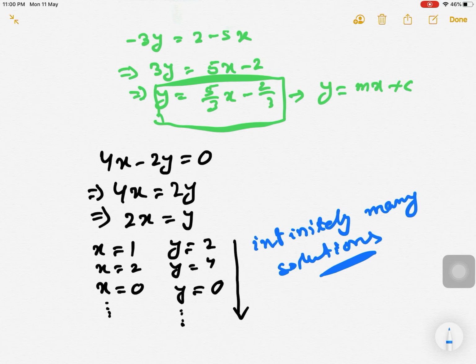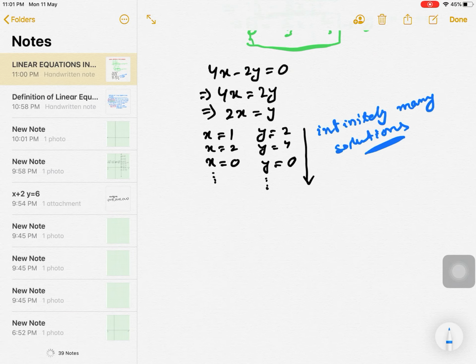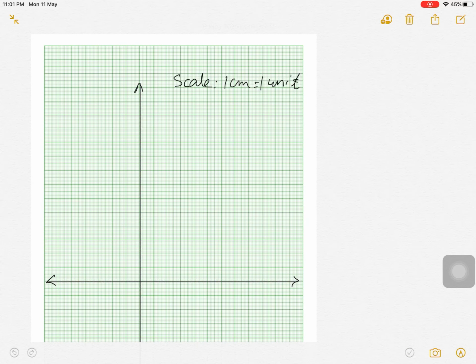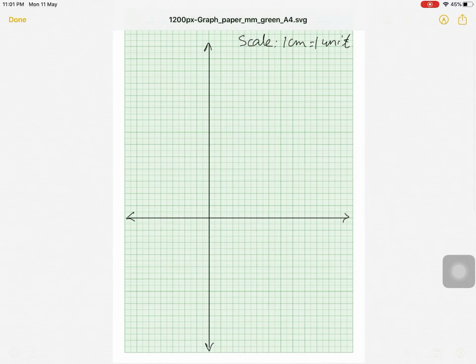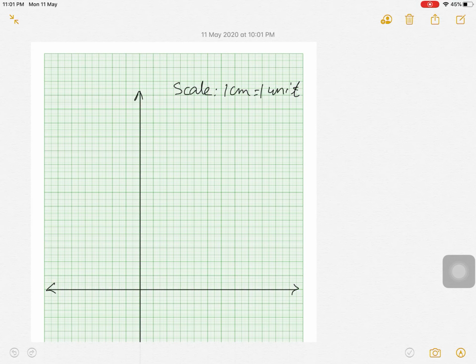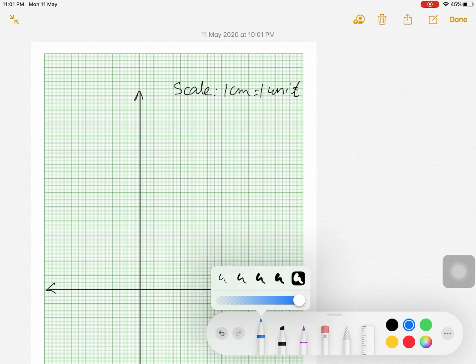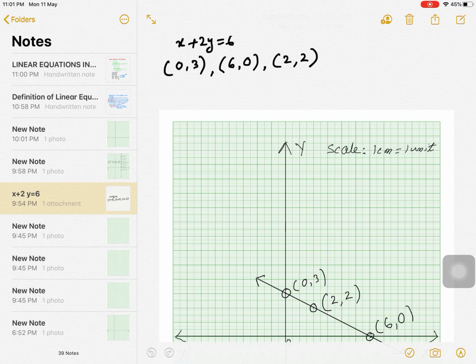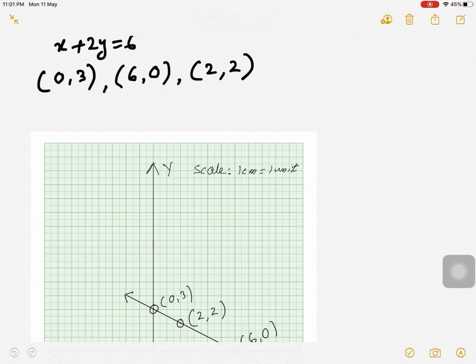Now how to express these equations in a graph. Okay, now we shall see how to express these equations in a graph. Let me take one equation, x plus 2y equal to 6. Suppose I have taken one equation. Let me take the equation x plus 2y equal to 6. Okay. Now you see,